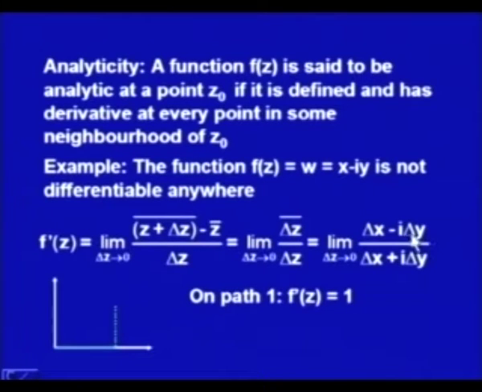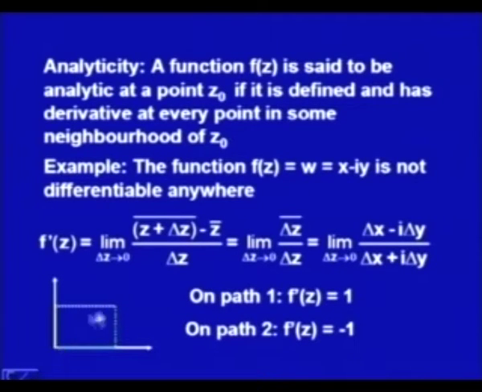So, if I take delta y equal to 0 in this expression, then this and this will cancel out and they will be 0, and what remains is delta x divided by delta x, which is 1. So, whenever delta x tends to 0, this expression gives me limit as 1. So, on path 1, the limit of this expression, that is f dash z, is equal to 1, while if I